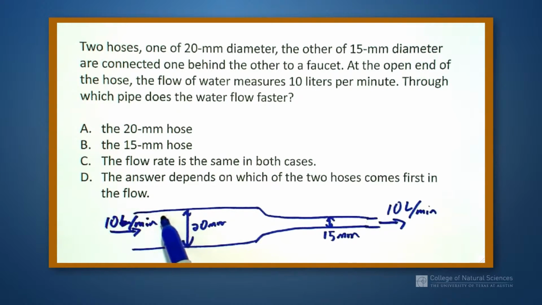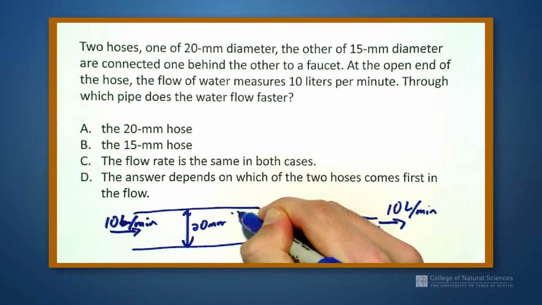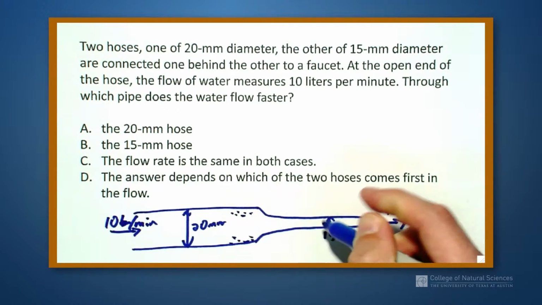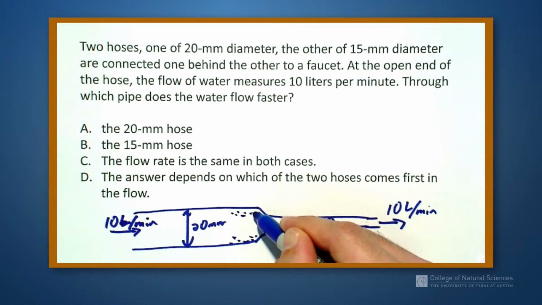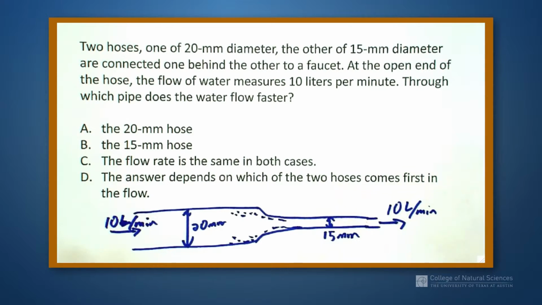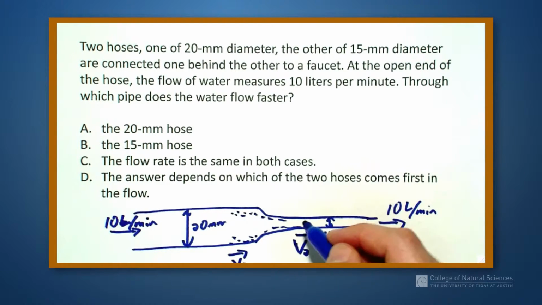But since the particles that are sitting up over here and the ones that are down here are going to get pushed in together, we're going to have to flow all this in. What's going to happen is that this area right here is going to have a higher velocity than the velocity over here. So the velocity in 1, which moves in that direction, is going to be a smaller value than